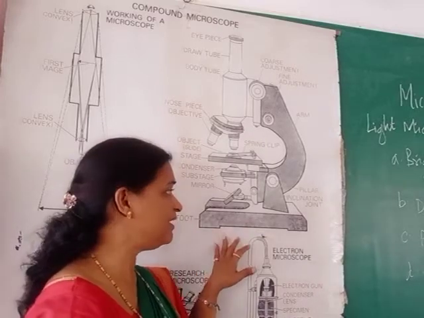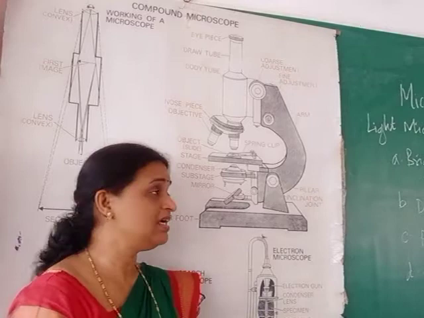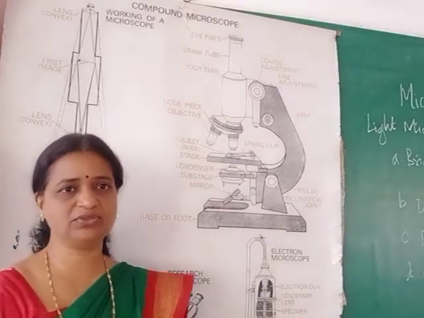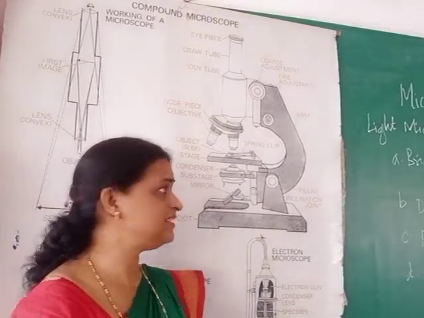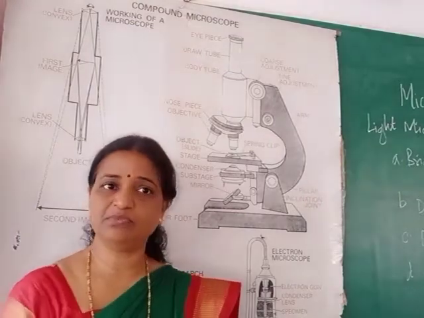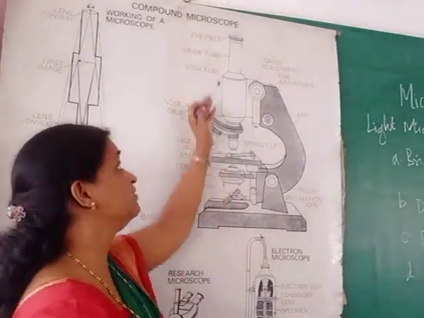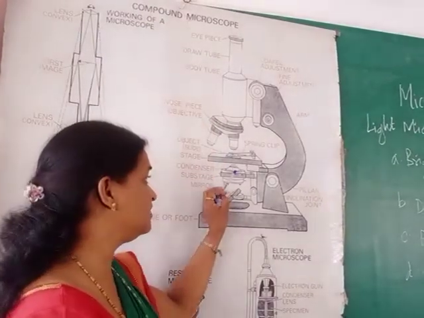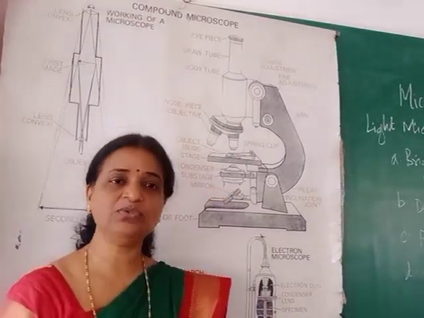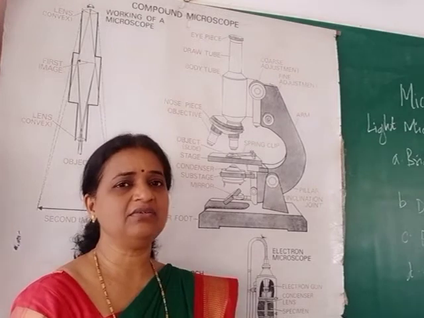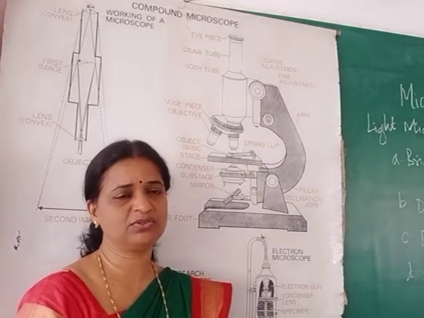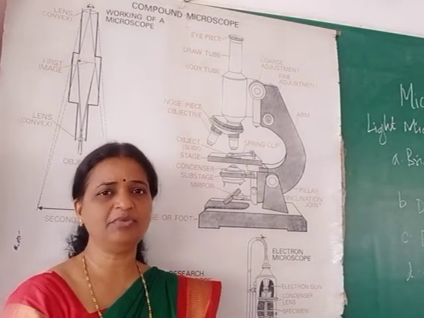So that is a simple design of a compound microscope, and these are the different parts of the microscope. Now in the next lecture we will see one by one what the design of the objective is and how it works, what the design of the eyepiece and the condenser is, how these different parts work, and what the principle of the compound microscope is. For this time we will stop here.